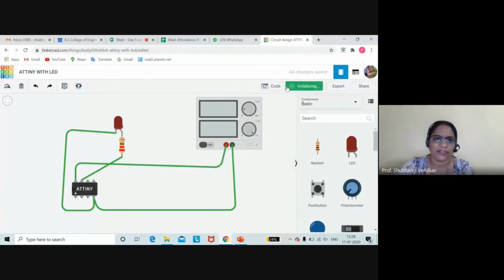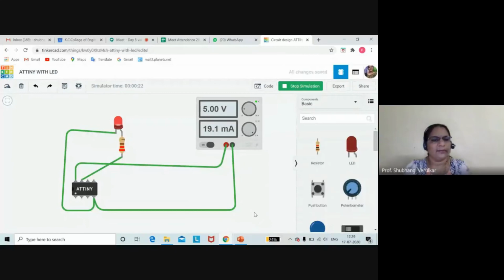So start simulating. You can see how much current is flowing through this LED and how much voltage is going here, that is shown here. As you know, we should have 20 milliampere current. So 20 milliampere current, 5 volt voltage, and this is the ATtiny microcontroller. So in this way you can build your circuit by using ATtiny also.